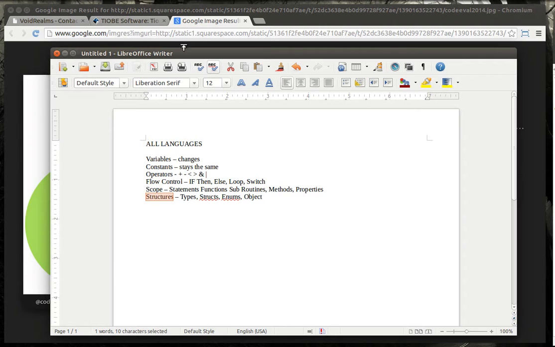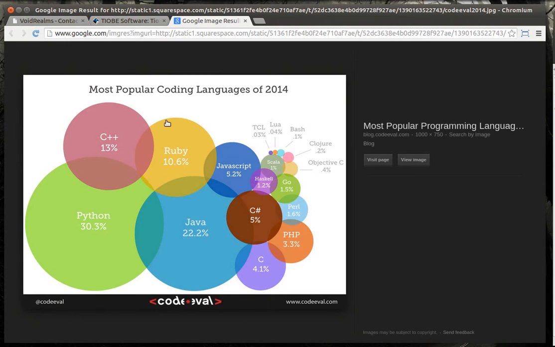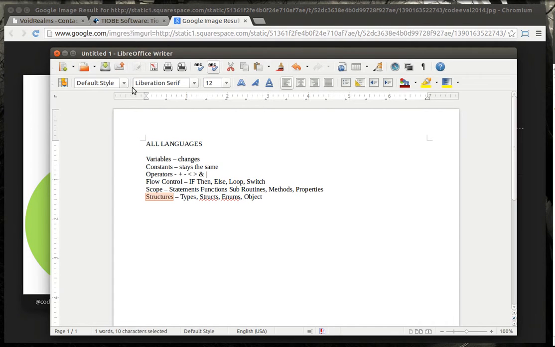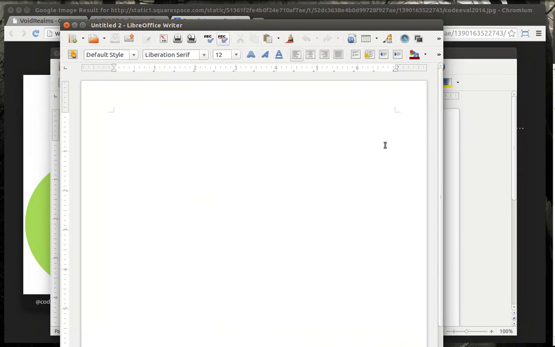So what we're going to cover here is, if you look at this, you'll notice that most of these languages are C-style languages. And then you have some oddballs like your COBOLs or your Visual Basics, and they have a VB syntax. We're going to cover the foundations of these in this tutorial. So we're going to do the C style first, because it's my favorite.